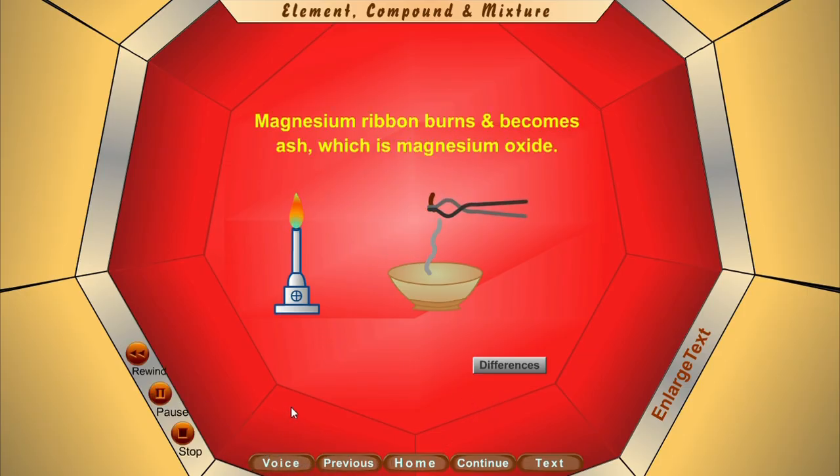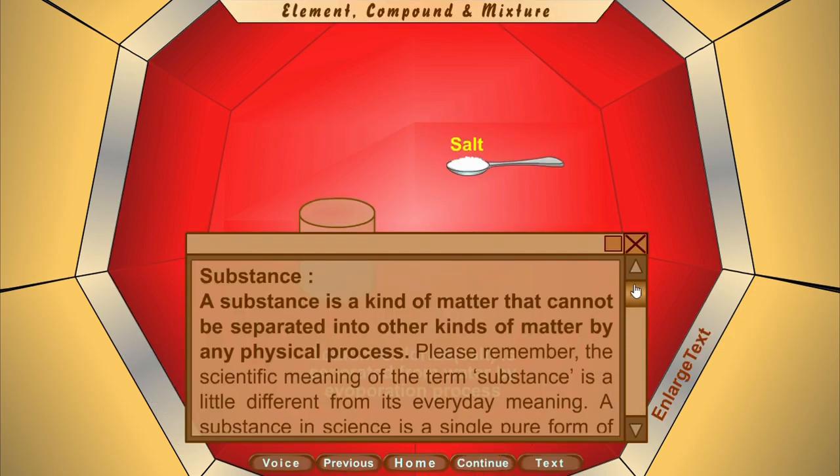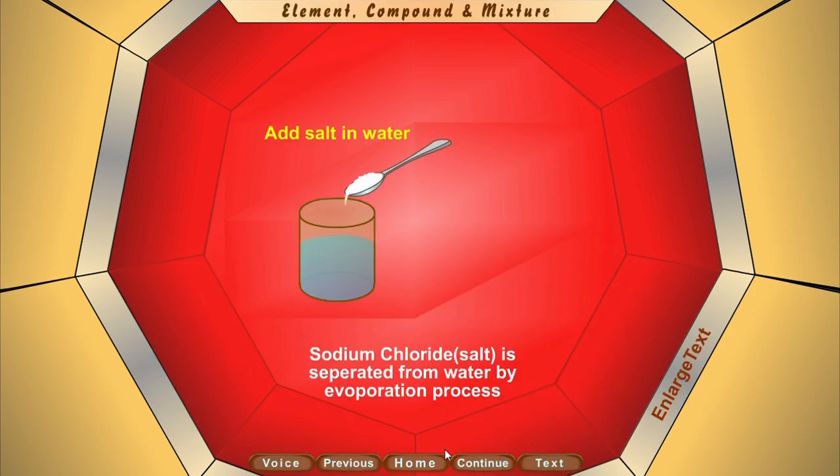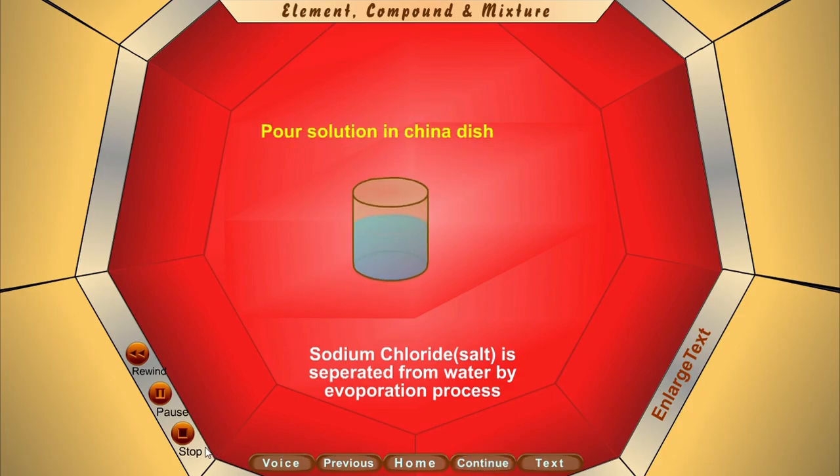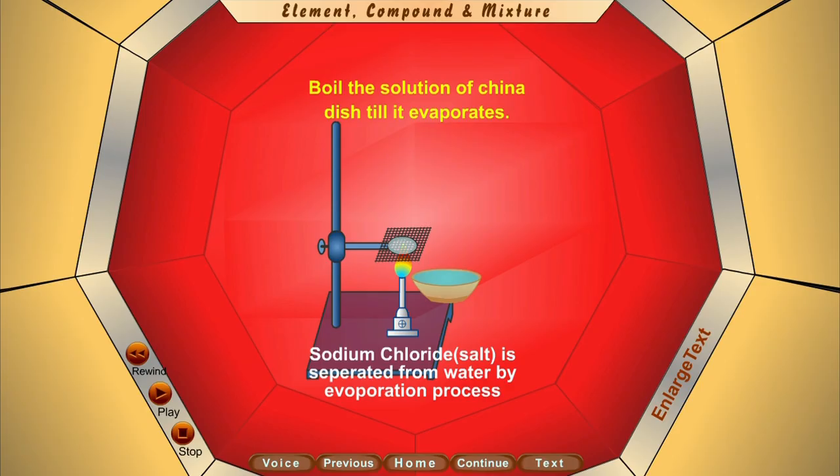Chemical change. In chemical change, one or more kinds of matter are transformed into a new kind of matter, or several new kinds of matter. For example, a substance is a kind of matter that cannot be separated into other kinds of matter by any physical process. Please remember, the scientific meaning